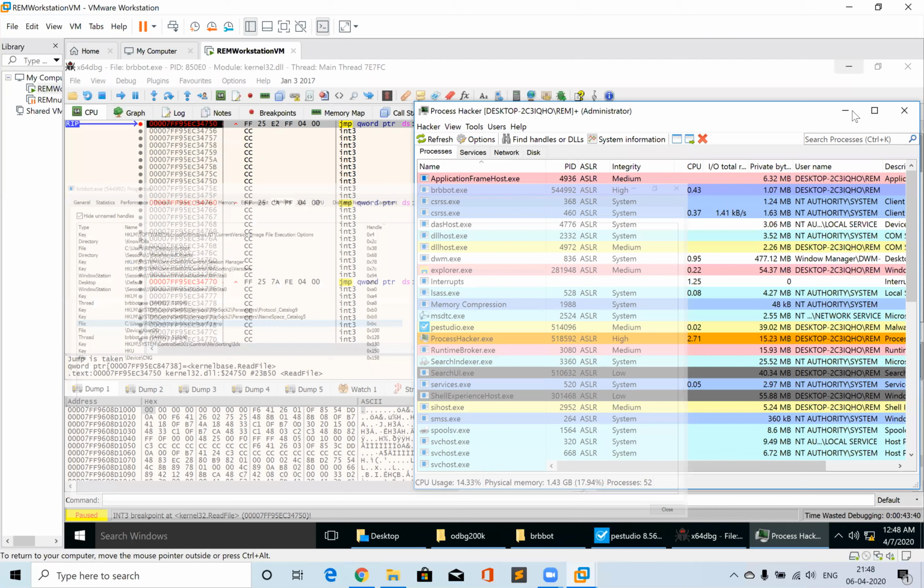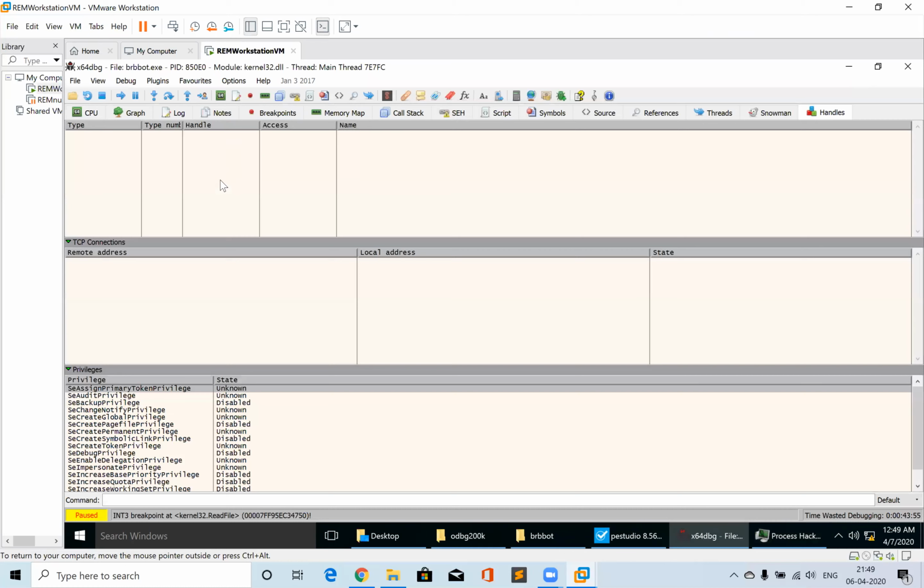So this is how we do it, but over here these things should also have worked, like doing a refresh, and it should actually show you the handle file and all. But this is the other way around: you just go to Process Hacker and get the handle value. Okay, so now what we will do is